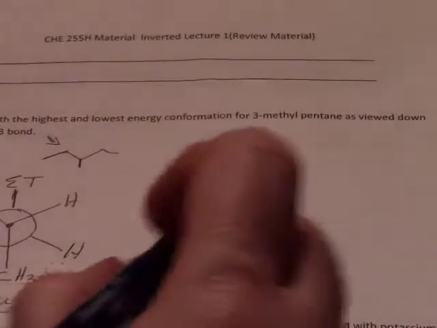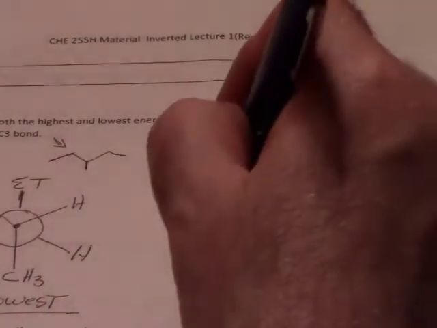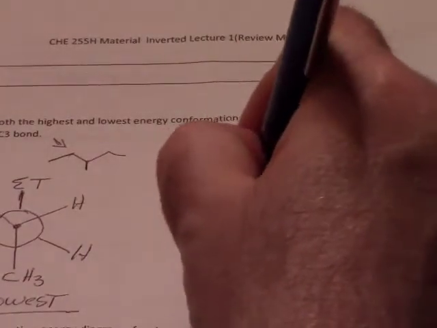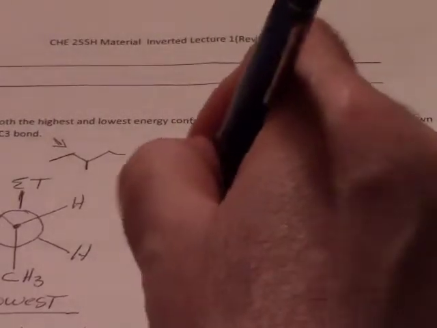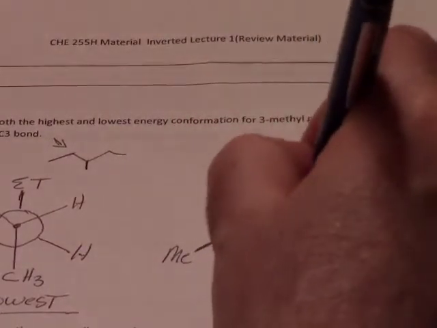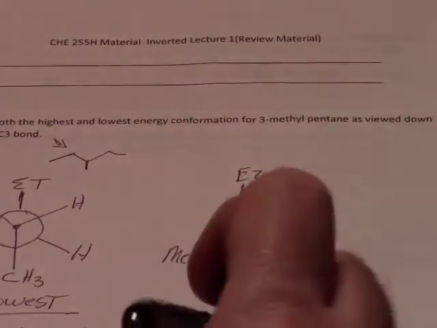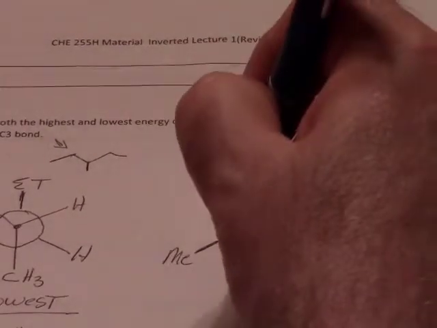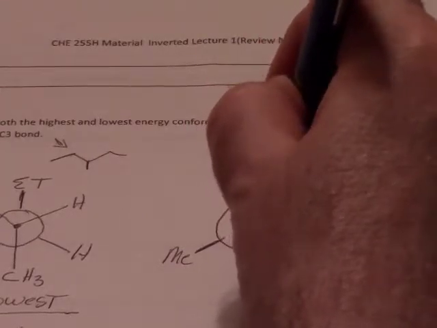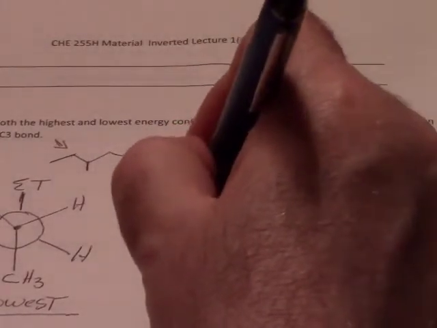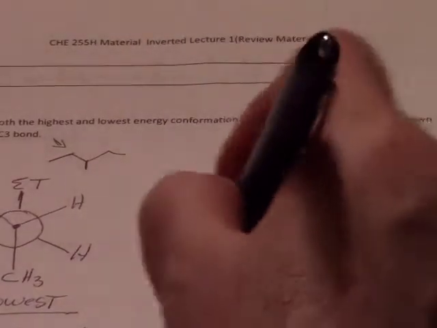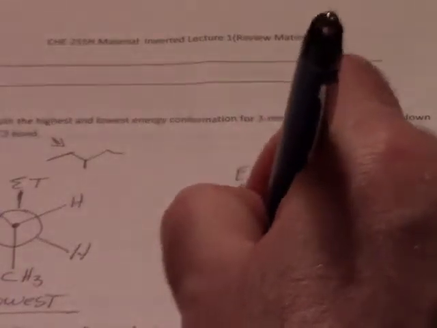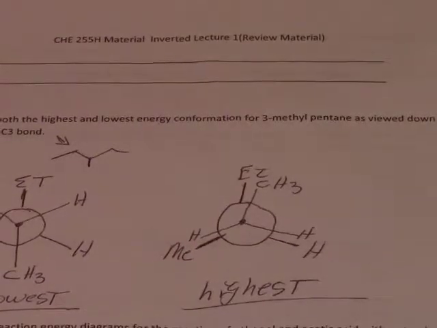conformation. Now, if we think about our highest energy conformation, I'm going to leave the back carbon exactly as it is. So I'll have the ethyl group coming up. I'll have my methyl group off to the side. I'll have my hydrogen. But I know that my front carbon, I'm going to have the big groups eclipsing one another. And the hydrogens are going to be eclipsing each other in the methyl group. And so in this total eclipse conformation, this is going to be the highest energy conformation that we can have there. Let's go on to question number 2,